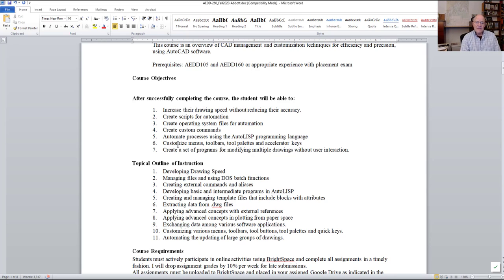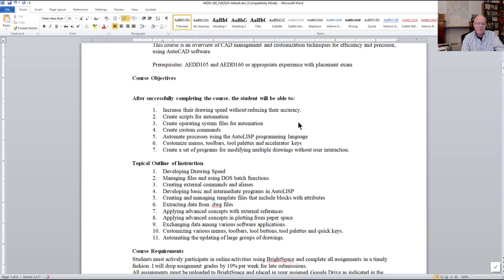Now, as far as what we're going to be doing here, a lot of it has to do, again, like I said, with automation, so that you can reduce the amount of tedium and increase your productivity. We're going to look at the operating system, and operating system means disk operating system. There's a lot of things that you can do at the operating system level, DOS, people call it, that people have overlooked because they're using Windows and they think this is old school stuff. We're going to talk about some old school stuff in here because it's really helpful